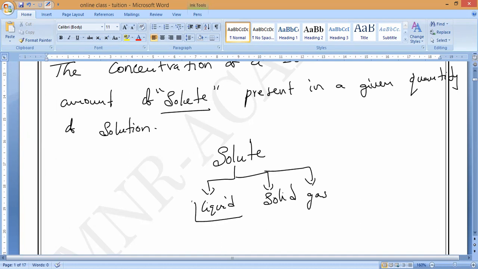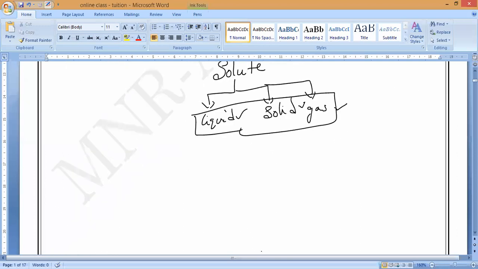We have been given examples of all three things. Do you remember in the last class? I gave examples of solid solute, liquid solute, and gaseous solute. Is it yes or no? Please respond. For liquids and gases, we can use a method to measure the concentration because they don't have a particular shape. For solids, we use some other method because solids have a definite shape. Is it yes or no?